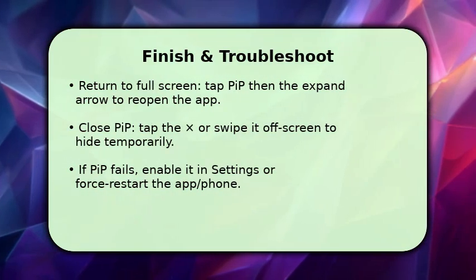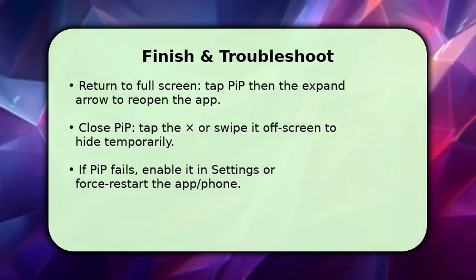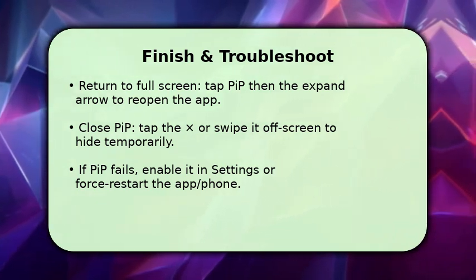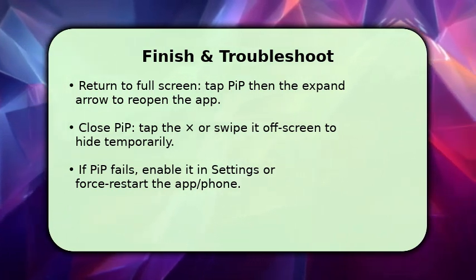To finish, tap the floating window and choose the expand arrow to return to full screen in the original app. This restores full controls and timeline. Alternatively, tap the X to close PiP or drag it off the right or left edge to hide it temporarily